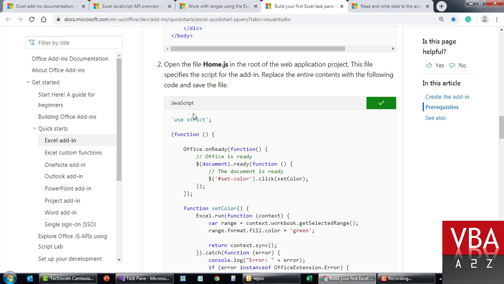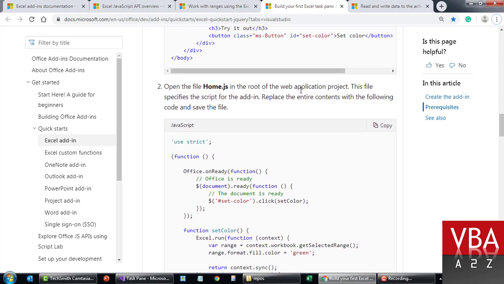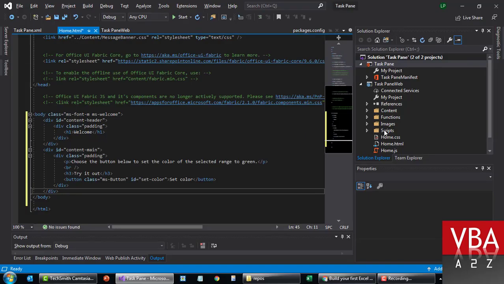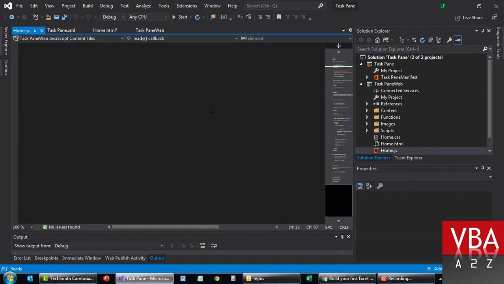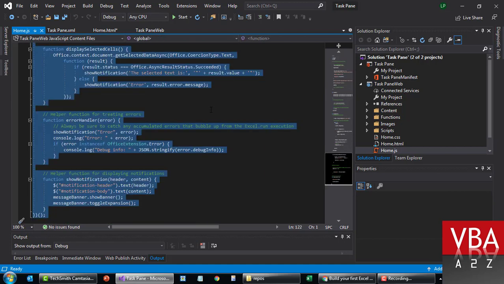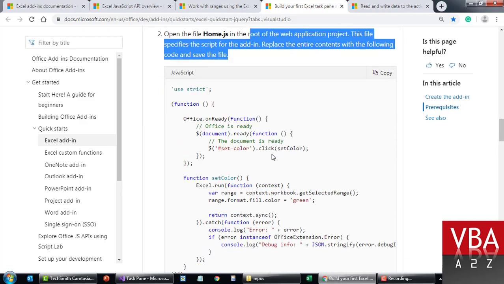Now this is a JavaScript. It says replace, open this, and then replace the entire content. Okay, so I'm gonna go here, open this. So this was the code that was preloaded. Now I'm gonna select all and just clear it and paste the code we copied. Okay, now